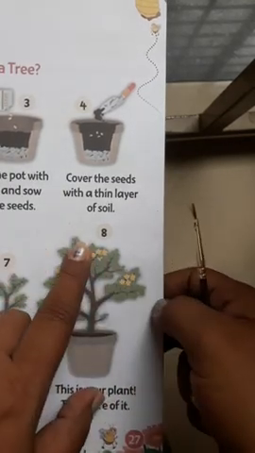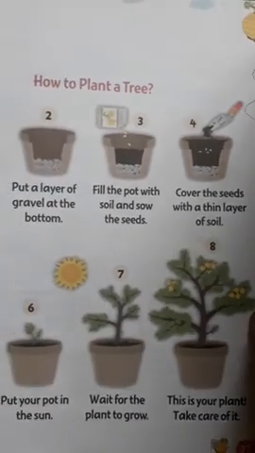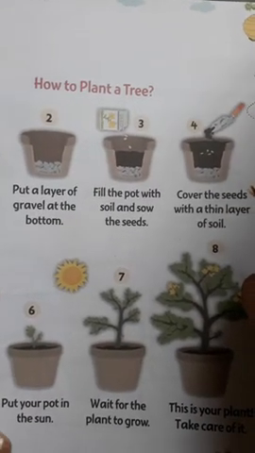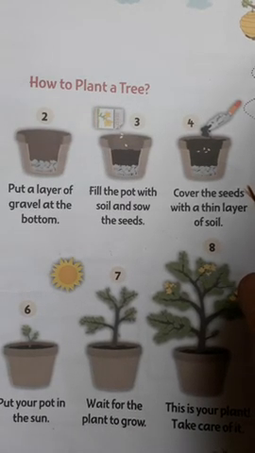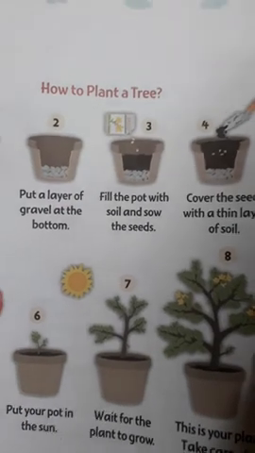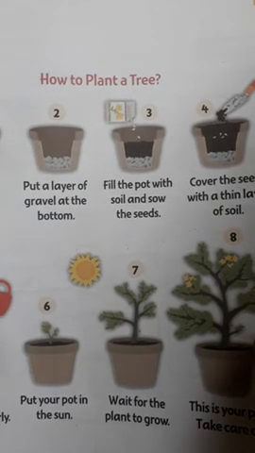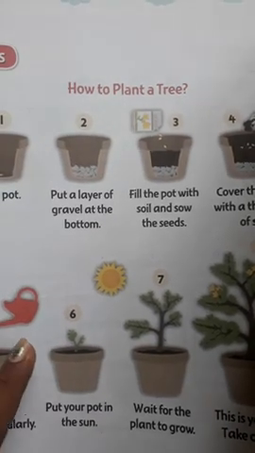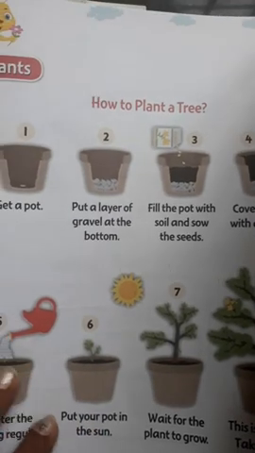After a few days a plant will grow. You'll get flowers on it. So you are going to enjoy this. This is a nice activity you can do at home with the help of your mummy and papa. If a pot is not there, you can take a carry bag, or a use-and-throw bottle or some boxes. In that also you can do this activity. When you get the plant, you have to post the photo on my personal WhatsApp. So this will be the activity for you.